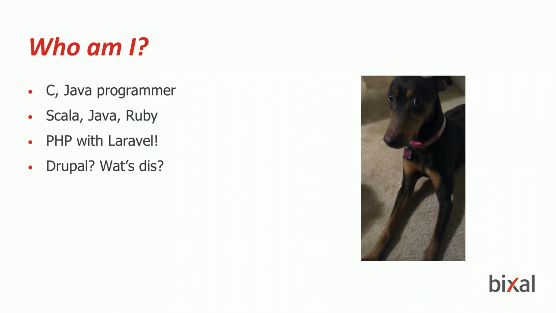And there is where my journey as a software engineer started. First, I was an operating systems engineer, using C and Java, very different from Drupal, I know. Then I moved to another company as a data engineer, using Scala, Java, Ruby, and things that are more like the real world. Then, because of those skills, I was brought here to Pixel to support data projects, but also to be involved in web development projects. Some of them were with PHP and Laravel. Laravel is a very fun framework to work with. I really enjoy it. But then I was moved to Drupal, and